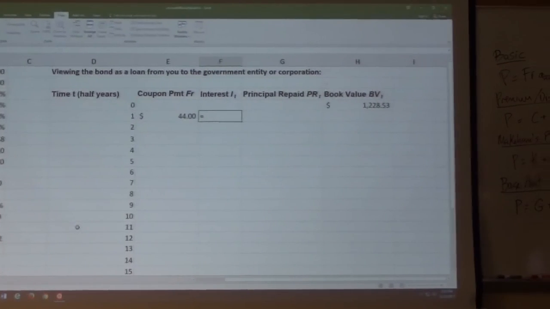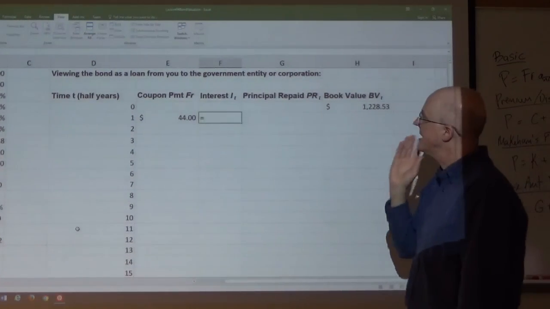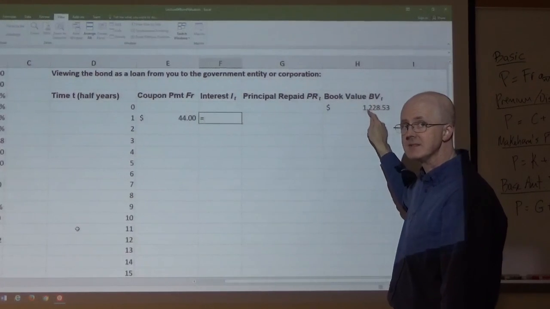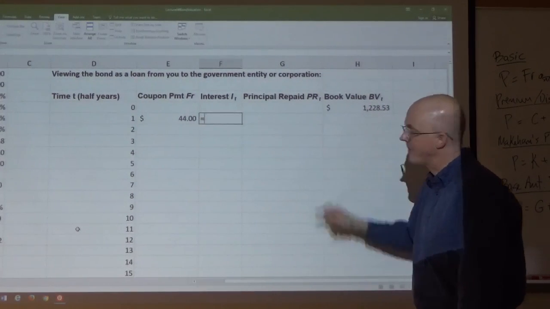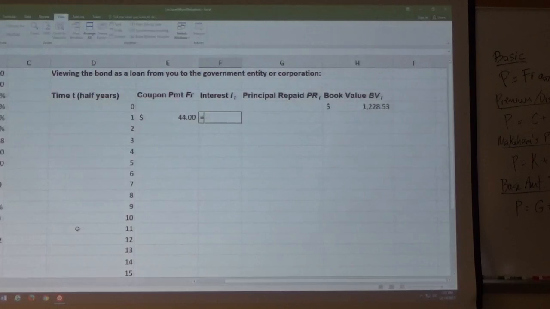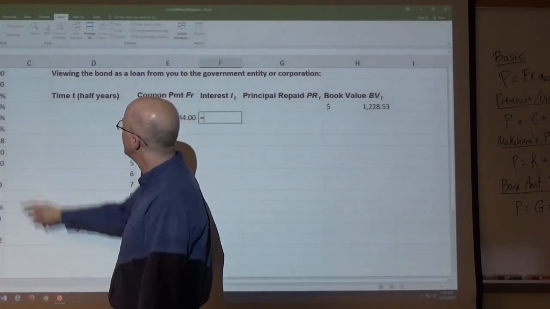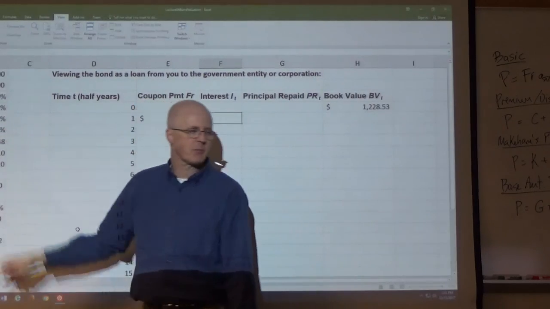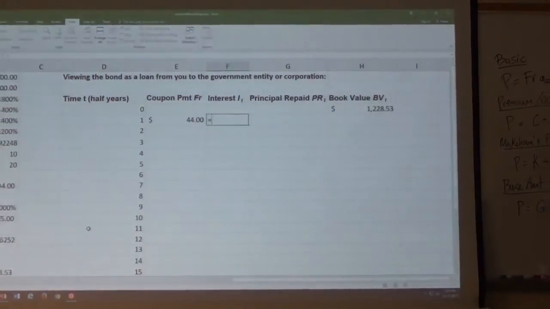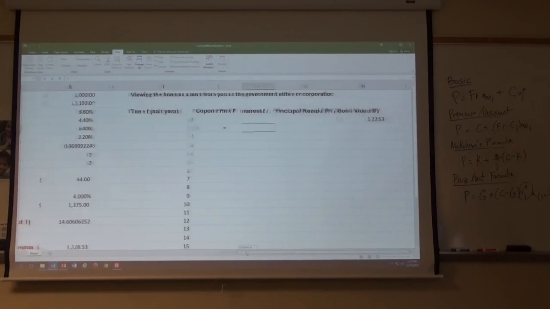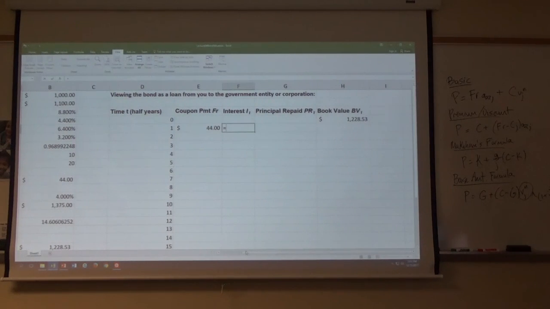What's the interest that you owe? It's based on the periodic yield rate and the balance. The periodic yield rate, J, this number, 3.2%. I better double check that. Yes, that is J. In cell B6,